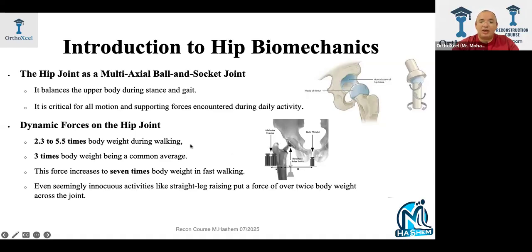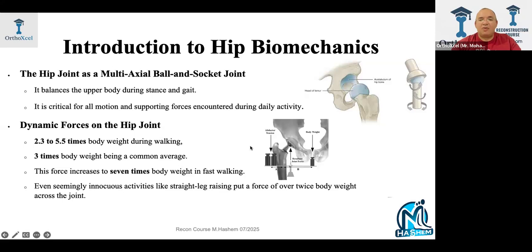So actually, when you're walking, the hip is taking about 2.3 to 5.5 times your body weight, and on average, about 3 times your body weight. While if you're jogging or running, like a fast walking, the hip is taking about 7 times your body weight. This gives you an idea how important the hip is, how important the balance and maintenance of the mechanics of the hip is for you to do normal activities, and how important it is if you're doing a total hip replacement, to affect the hip replacement longevity and stability. So